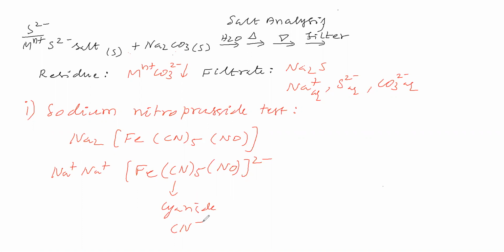Regarding NO, nitrogen comes under group 5A, so its valence shell has 5 electrons. Oxygen comes under group 6A, so its valence shell has 6 electrons. Now these two electrons are going for bonding. It is nitric oxide, NO. Here Fe is there, and Fe has some oxidation number. How it will be, we will see.